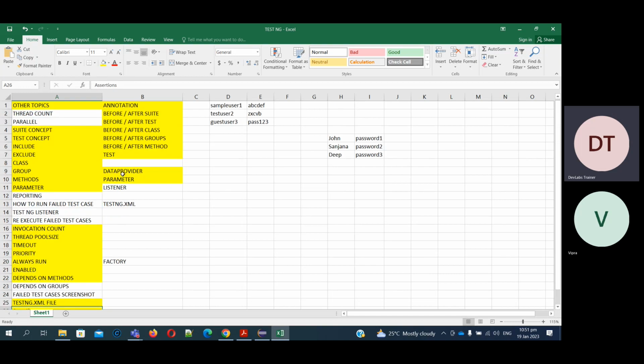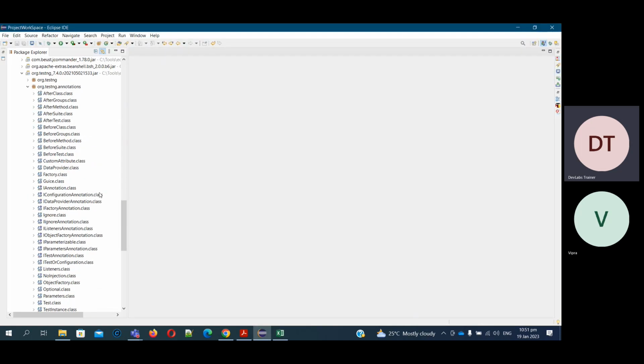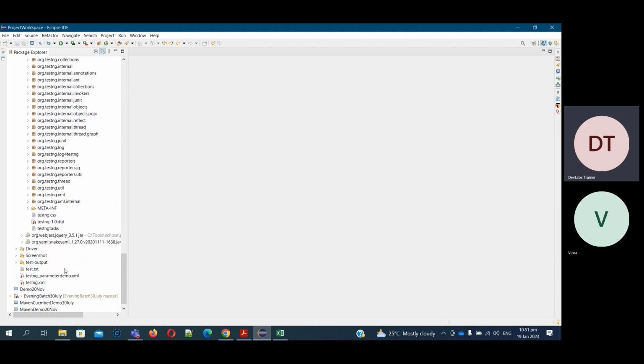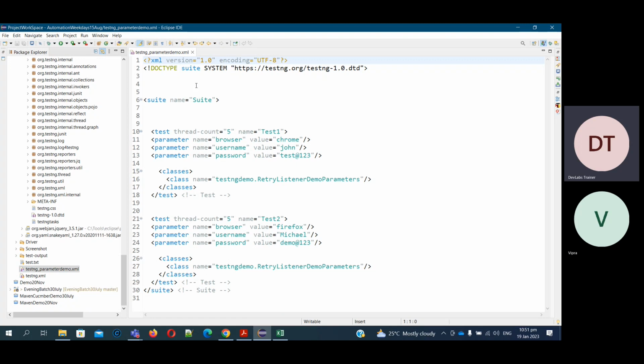So assertions also done. You can see a data provider yesterday we have done. And this is something parameter. So for parameter, what we have to do, I have one example for you for the parameter. You can see here, I have one testng.xml file. So this I have designed, and here I have mentioned that class name is testng.demo and retry listener demo